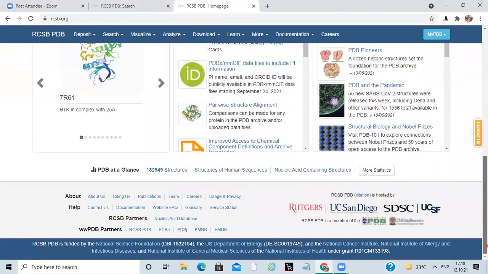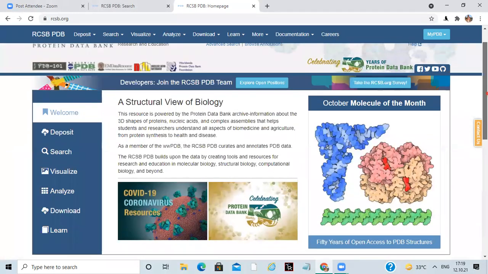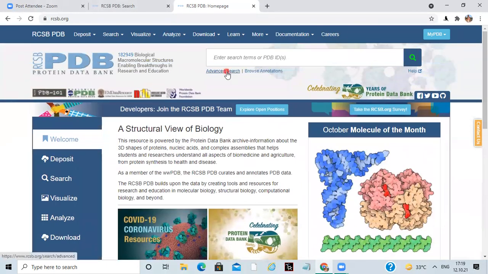You can scroll down and find that it is hosted by multiple sites: UC San Diego, SDSC, UCSF, and Rutgers. The PDB database is a huge database about protein domains. It basically contains macromolecule structures found in a variety of studies.